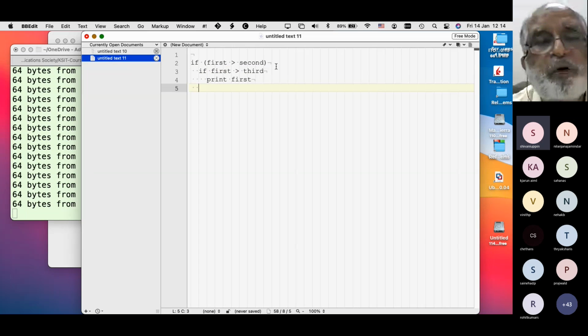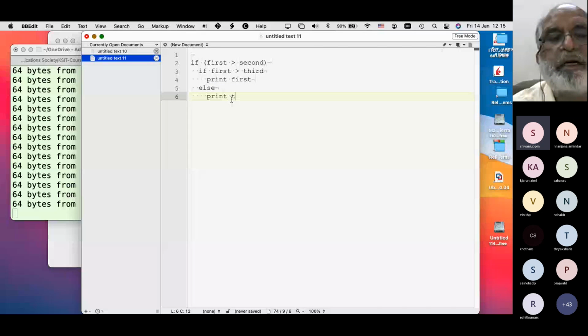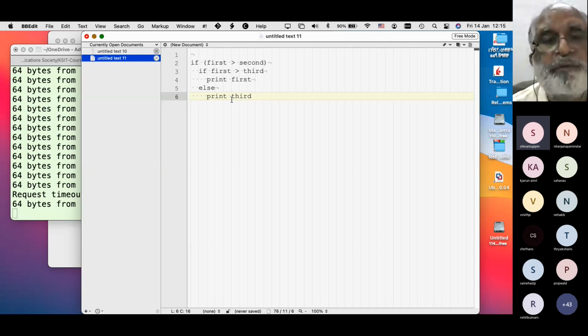Else, first is greater than second, but first is not greater than third, that means third is greater than first, and first is already greater than second, then print third. So this is for this block.